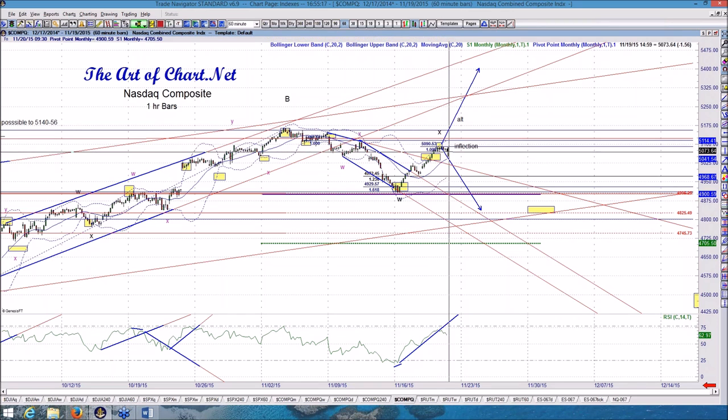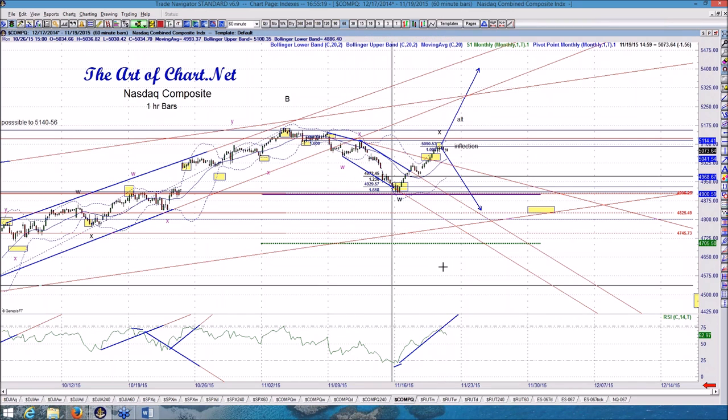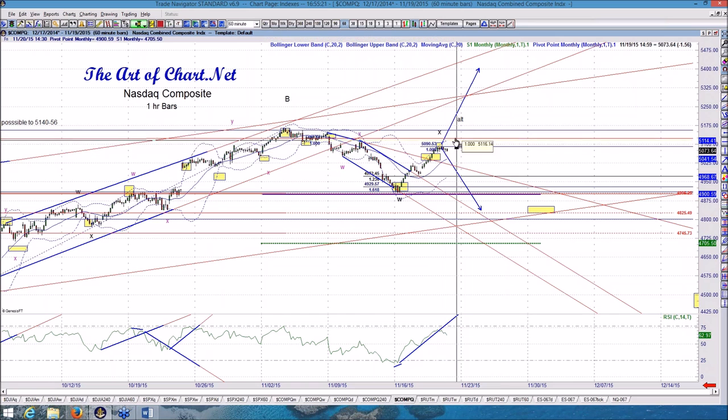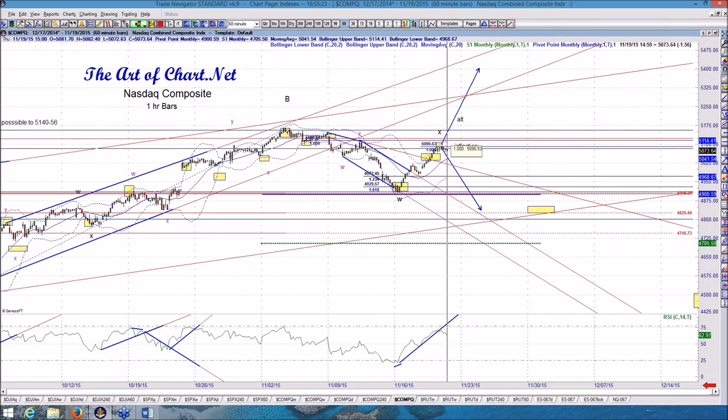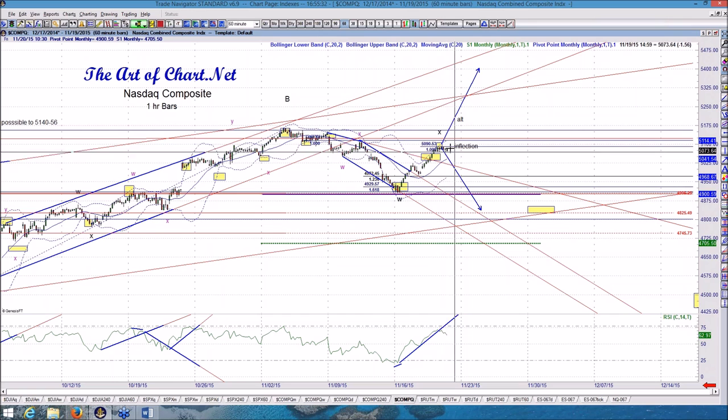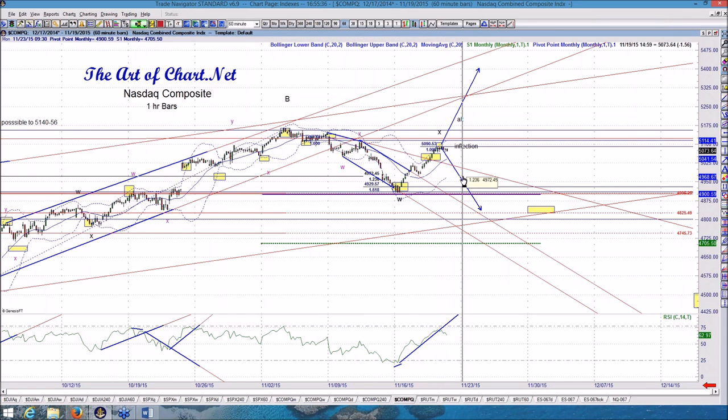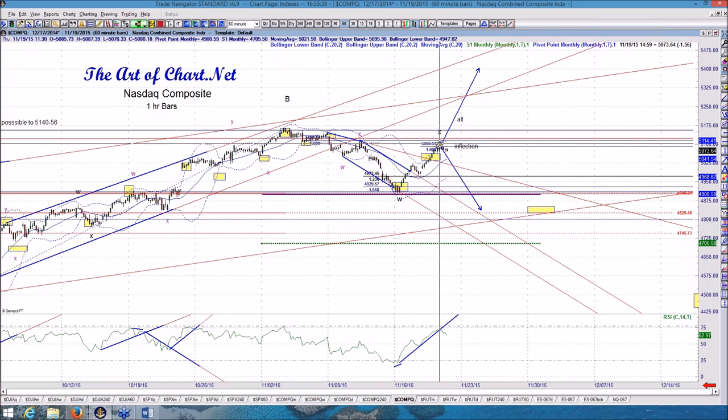You could try a short here, but given what I'm seeing on the other indexes, I would hold off. We may see a marginal new high. You could put some on here and try it. It's a good risk reward here, let's put it that way, because you're not that far away from the top. So putting on a small position size with a stop above would not be a bad risk at this point. You may want to wait for a more defined